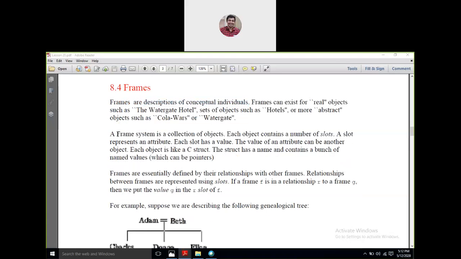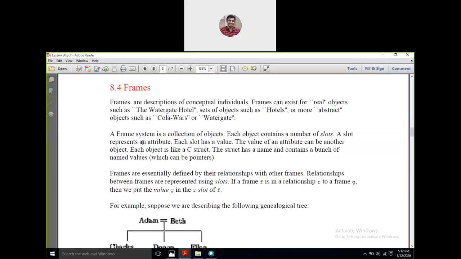Now, if I talk about the frame system, it is a collection of objects. Let me tell you, frame is a bigger stuff, right? Frame is the biggest thing. Frame is constructed of something we call slots. A slot represents an attribute. So if somebody says that we have a hierarchy of frame, then slots, then attributes, then it's wrong. Frame comprises multiple slots, and those slots carry various distinct values. Those values are called the attributes, right?